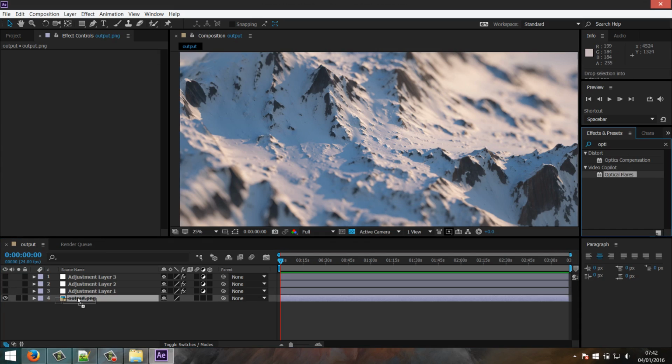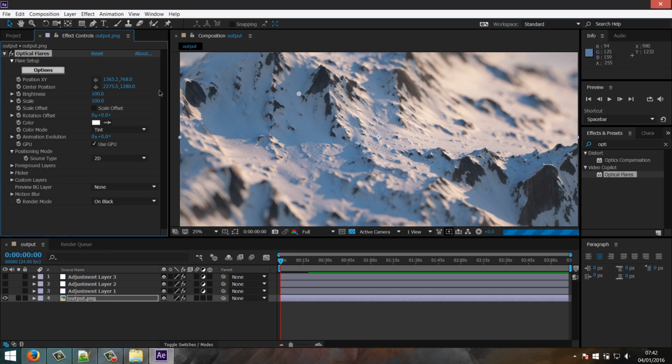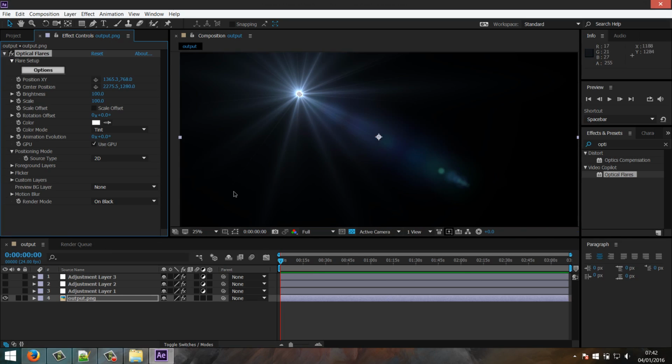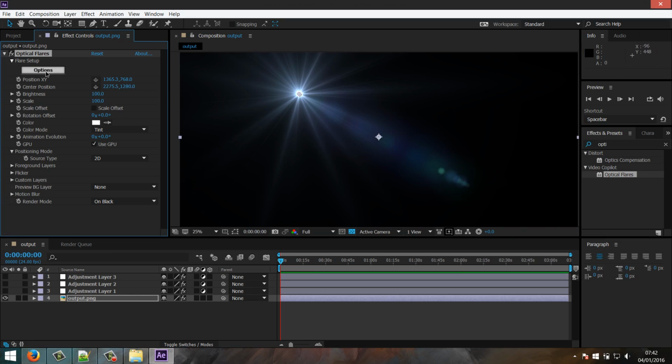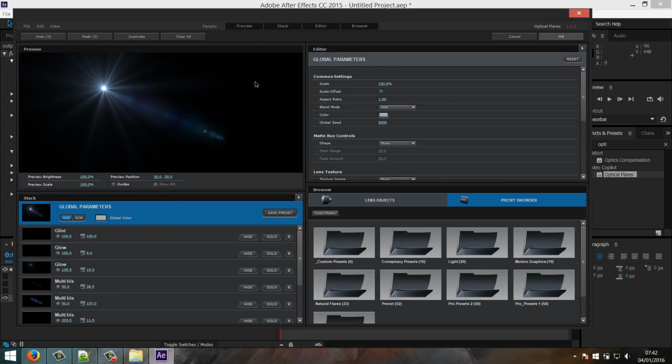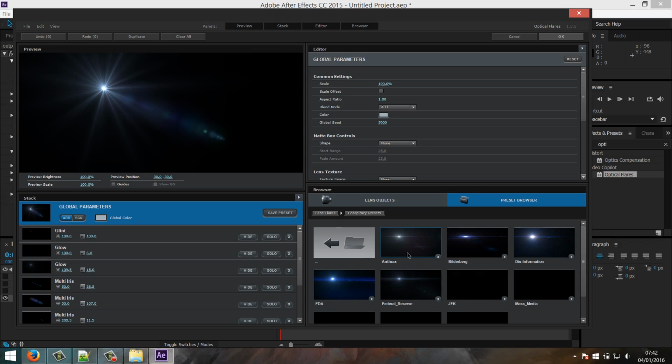You probably know of it if you've done cinematics or title animations or stuff like that. And you apply it to the base layer, and it will go black, and you go into options, and you'll be able to pick a lens flare. And these are actual